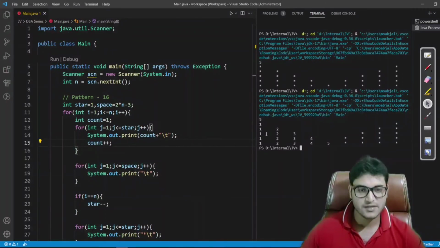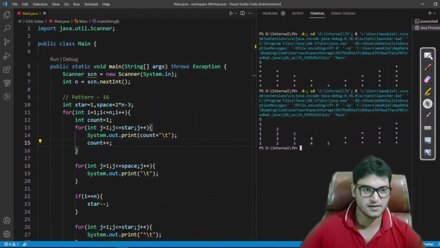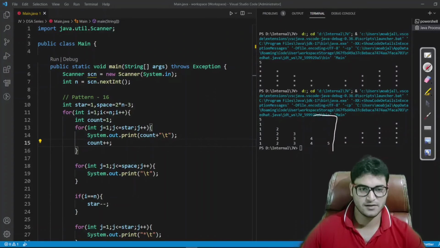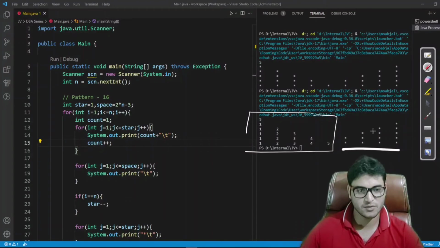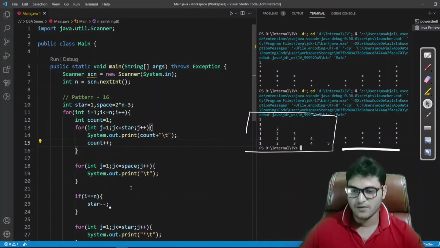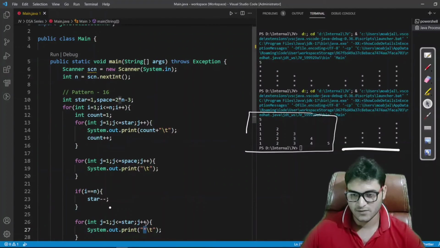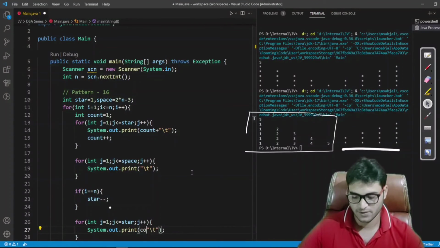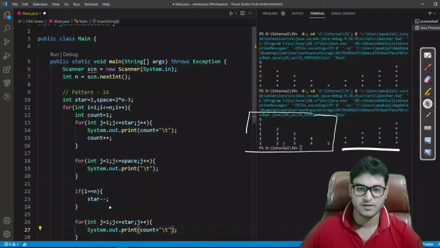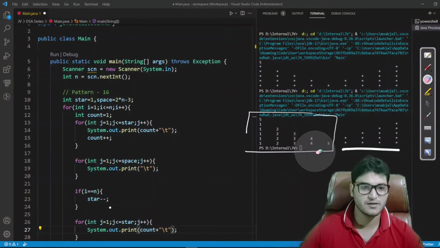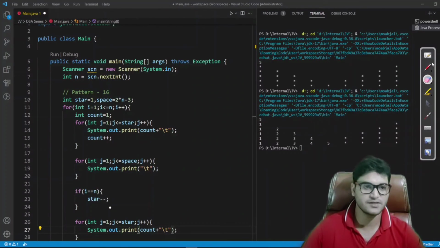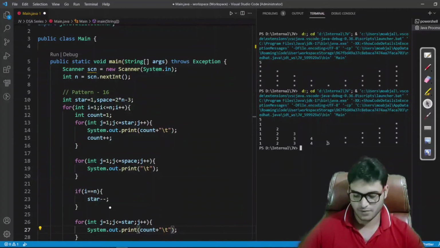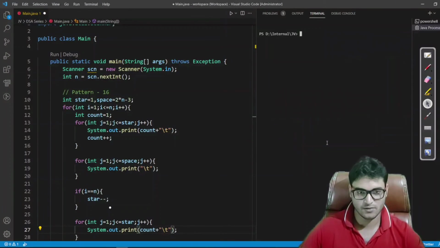Yes, so you can see it has printed the correct output for us till here. Till here we are getting the correct output, and at this place we are not getting the output because we have not written the variable name at the place of star. We just have to write the variable name. Still we will not get the expected output. Let me show you that first, so that you should be able to visualize or think what the mistake we have done here.